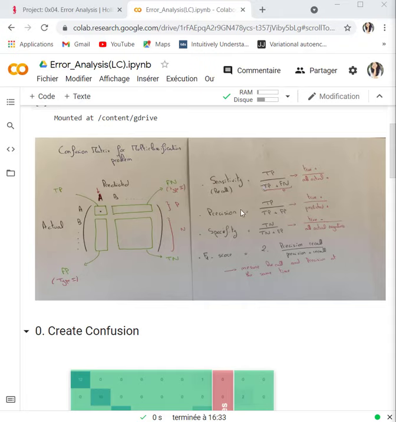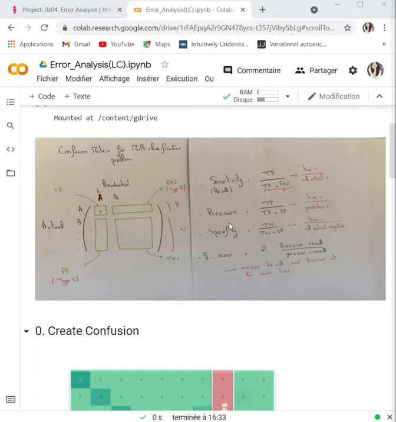Now let's define the error analysis. We use the following measurements. The first one is the sensitivity. The sensitivity, also known as the recall, tells me how often the model chooses the positive class when the observation is in fact in the positive class. The formula is the true positive divided by all actual positive values. All actual positive values means the true positive plus the false negative. All these are called the actual positive values.